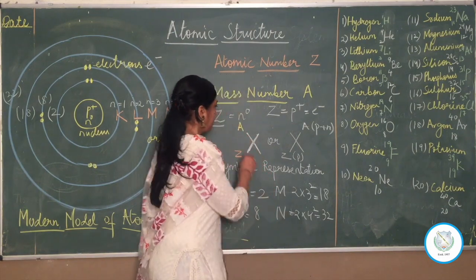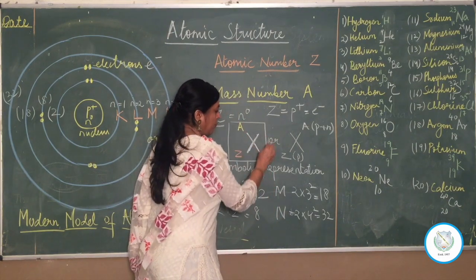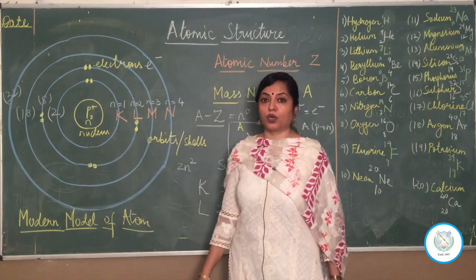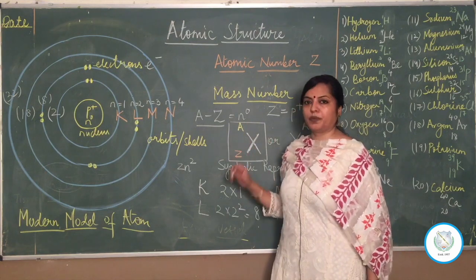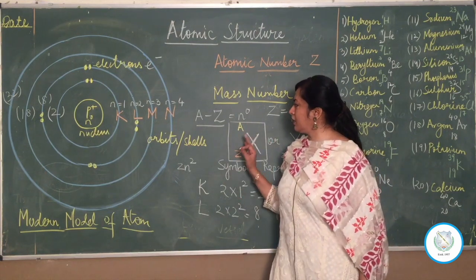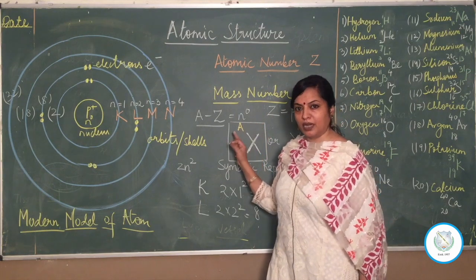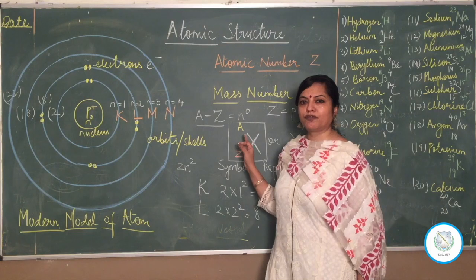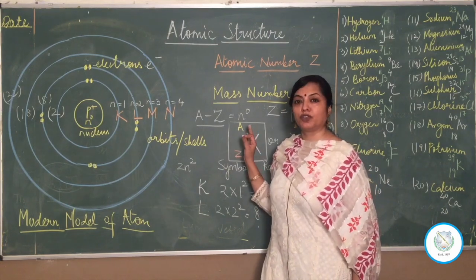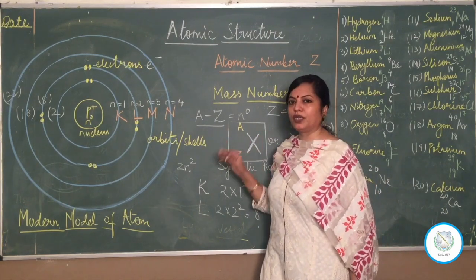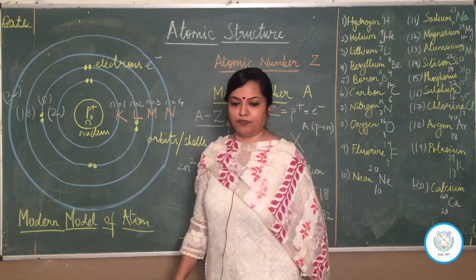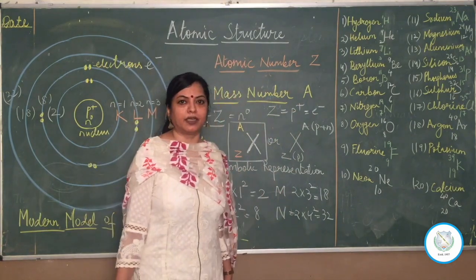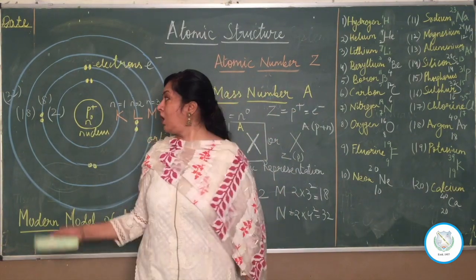That means if I give you the symbolic representation of any element, you should be able to give me all the information. Seeing this, you should be able to tell me what is the atomic number, what is the mass number, what is the number of protons, what is the number of electrons, and what is the number of neutrons. From this symbol only you will be able to give me all this information. Let's see how. We will do some examples for you to understand,